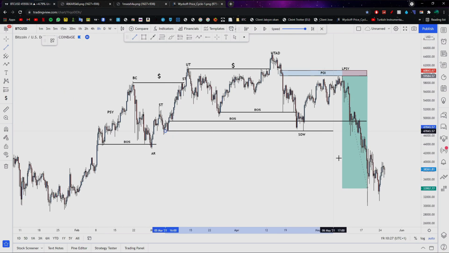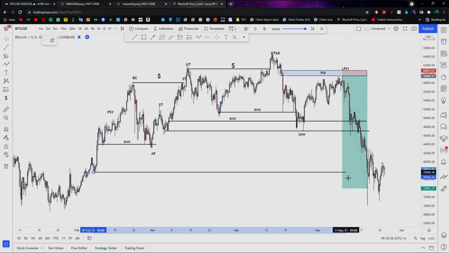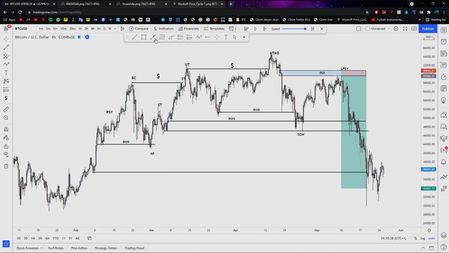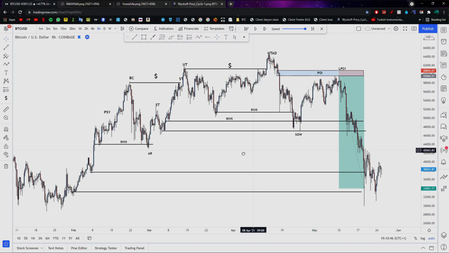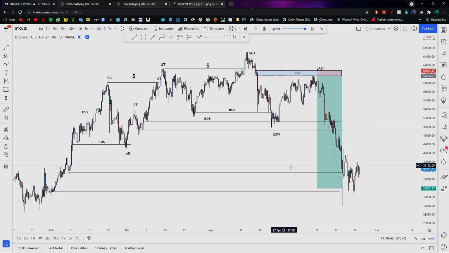And we can set another one here, right, at a contesting order block. You always want to set your take partials at contesting order blocks or areas of liquidity. And you can see again here, I'll set another at a contesting order block, and you can see my final take profit is set at this last bullish order block over here, just above it. So yeah, that's my overall Bitcoin prediction. That was my entry. That was everything to do with that.